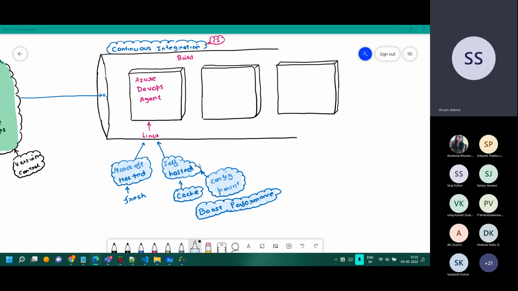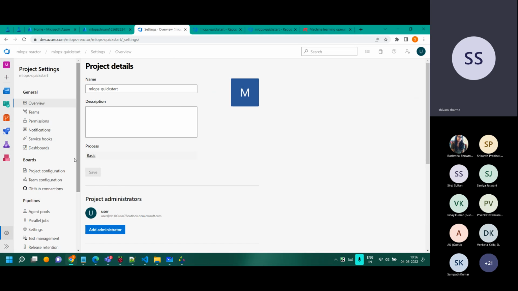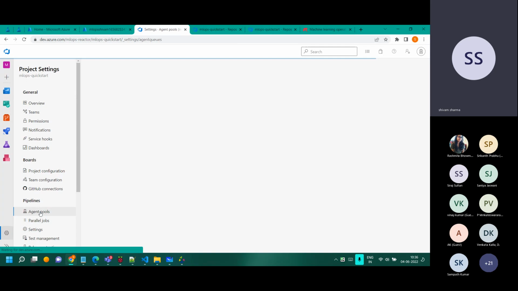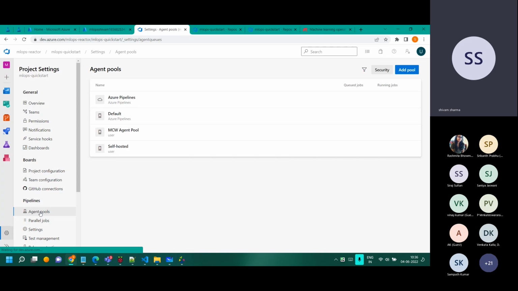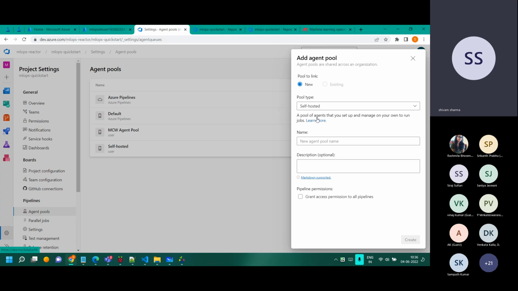Okay, so if I show this part to you, how is this supposed to be configured? I'll just take you back to the Azure portal. Let me just quickly retrace my steps as well. I went to the agent pools as part of the project configuration, and this is the one which we are using today. But I'll just show you what I did. I clicked on this add option, and I clicked on the self-hosted option, that I would like to self-host it. And you have to give a name over there.